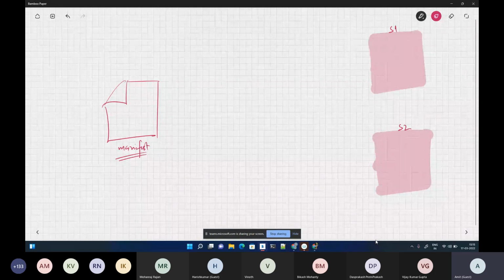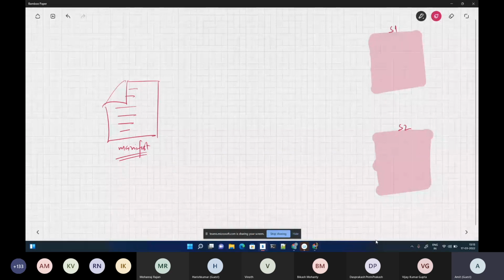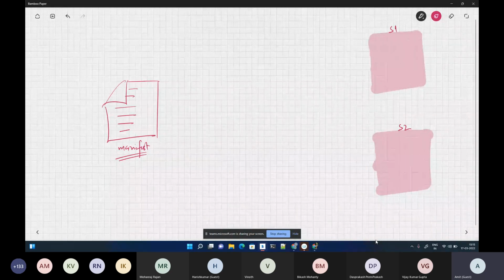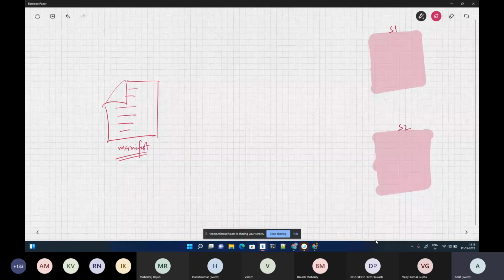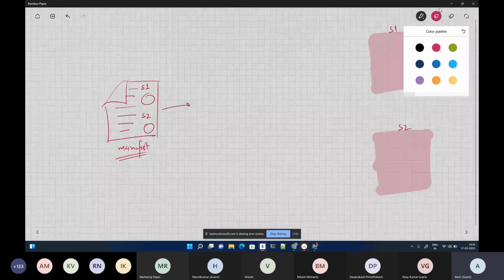You write a manifest, and this manifest is written as piece of code. Now the syntax can be dependent on which infrastructure as a code or IaC tool you are using. Based on that, you have to define the syntax, but it could be YAML, it could be HCL, which we will talk about, it could be Ruby. Many options are available. Now you write this manifest. In this manifest, you specify what configuration you want for S1, what configuration you want for S2, and then define those configurations for S1 and S2. And then you feed this to an IaC tool